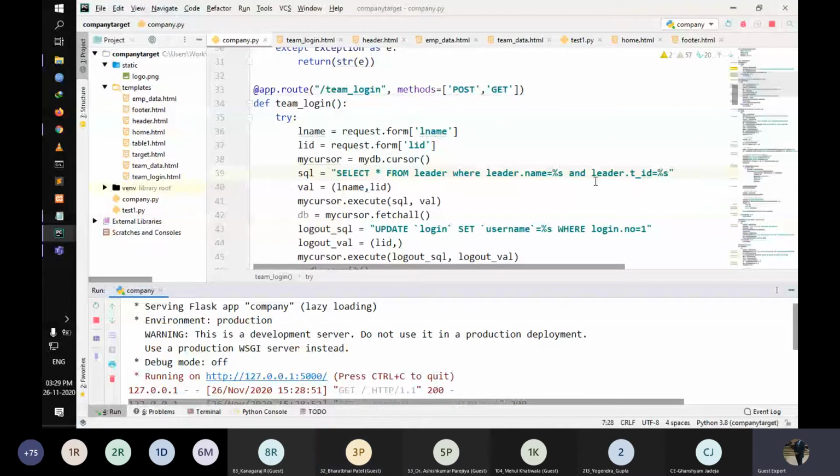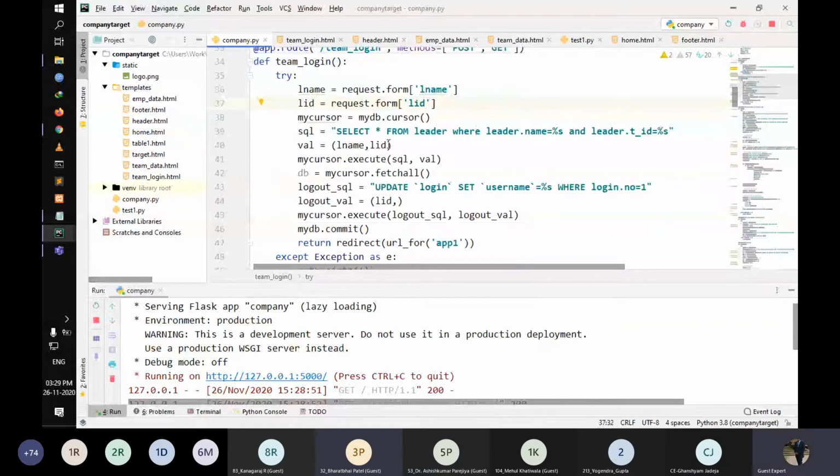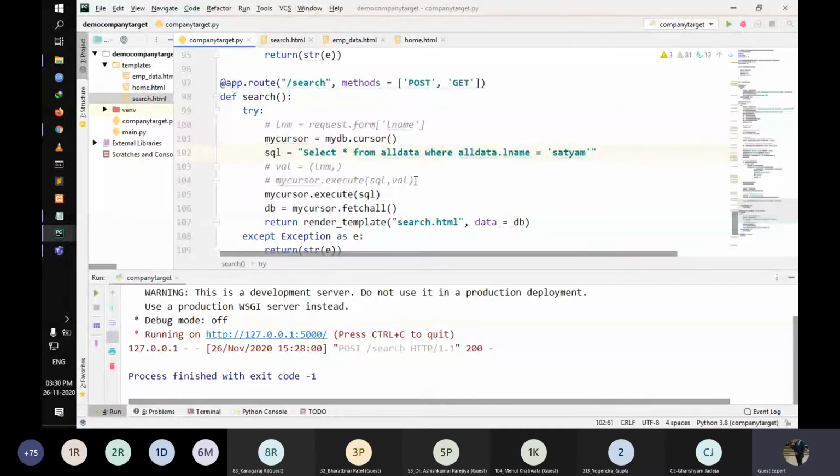Just, Shalbit, in this code in val, you have written lname, lid. And lid is your request.form parameter, right? Yes. In the earlier code, in val, after the comma, we haven't written anything. I don't know whether it's required or not. Lname, we have not written over there. No, but it's written because we're passing two values here. Okay, two. The text box in HTML, we are passing two values, sir. Lname and then ID, and both names are going to be the same. Achha, separated by a list, comma. Yes. Should I copy this and run? Yes. So let's copy this file itself, and we can try and paste it here.